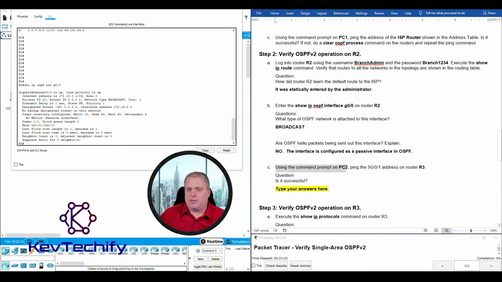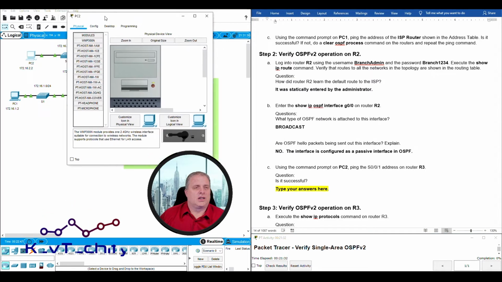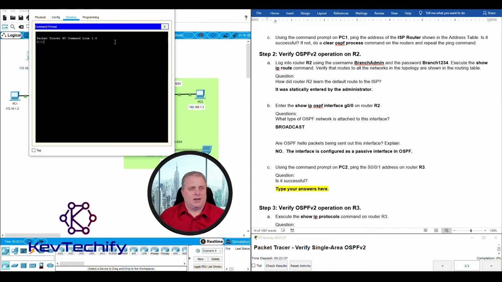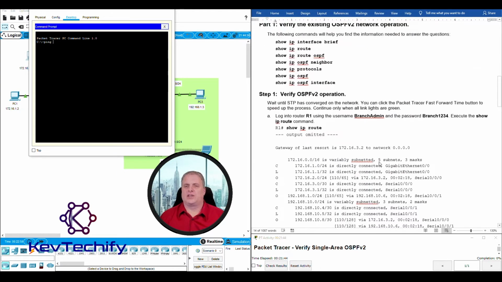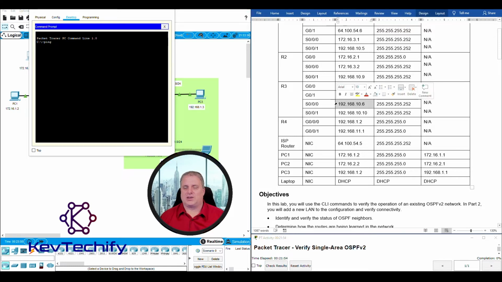Next question. Using the command prompt on PC2, ping serial 0/0/1 address on R3. I'm going to minimize R2, and we are looking for PC2. I'm going to click on PC2, click on the desktop tab, click on the command prompt app, and then type in ping, and we are looking for serial 0/0/1 on R3. I'm going to scroll up to our addressing table. I'm looking for R3, serial 0/0/0, and I'm going to ping that IP address,